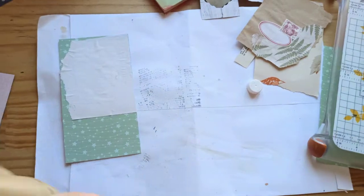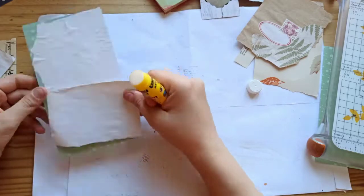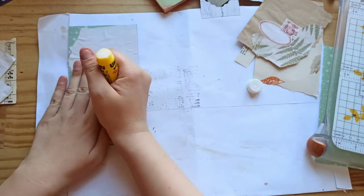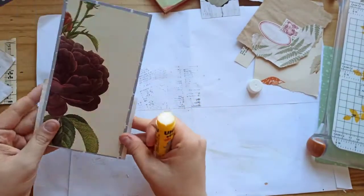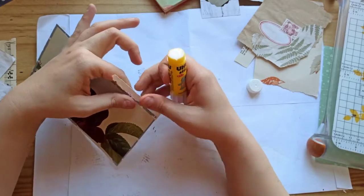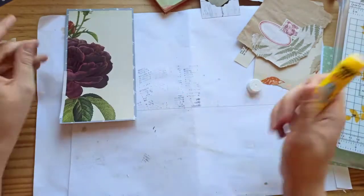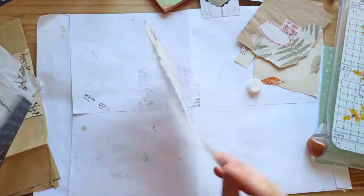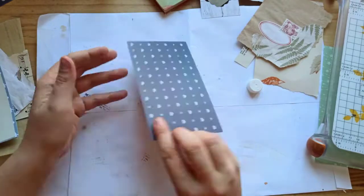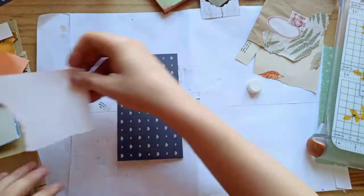By the way, I'm cutting these tags out of some cardstock or designer paper. I have this collection of papers that I recently purchased at my local Action, which is a kind of Dollar Tree here in Europe. They have these designer paper pads, and usually they have a theme. I don't remember the name, but you can see the colors match all together. It's nice to work with a single collection,